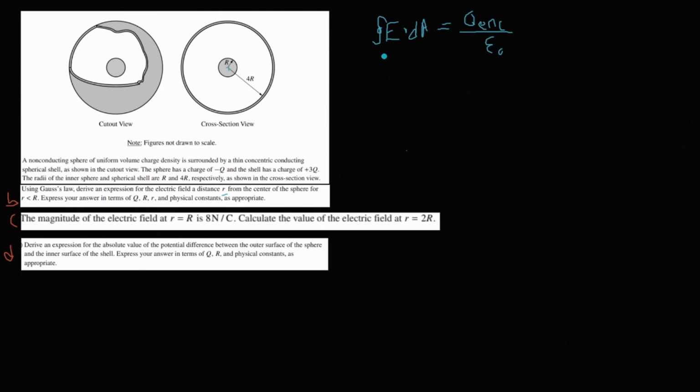Okay, so if we assume this electric field is constant over that Gaussian surface, we do E times 4 pi, and which r are we going to look at? We're going to look at the little r squared,